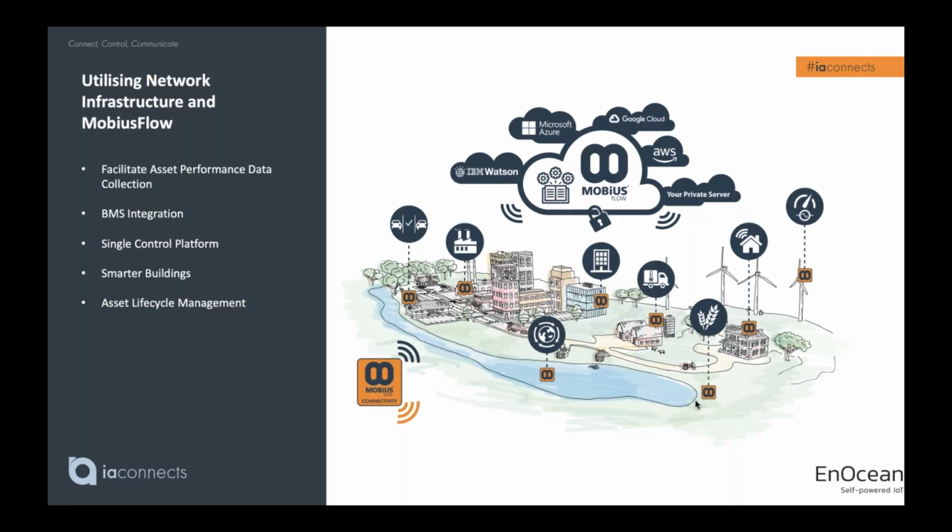So today I'm wanting to speak to you about how you can use your network infrastructure to facilitate asset performance data collection and BMS control, and show that this is now a reality and something that can really be done, and it's not just something that's spoken about or the art of the possible. So you can run through the latest technologies alongside our MobiusFlow software platform, which I'll go into a little bit more detail about shortly. By using your current